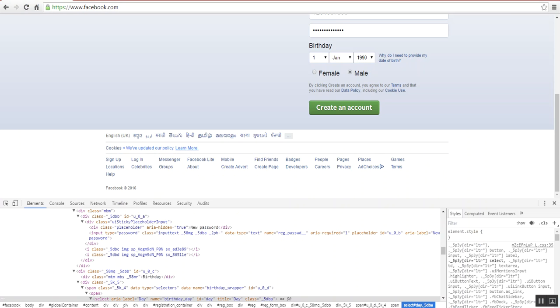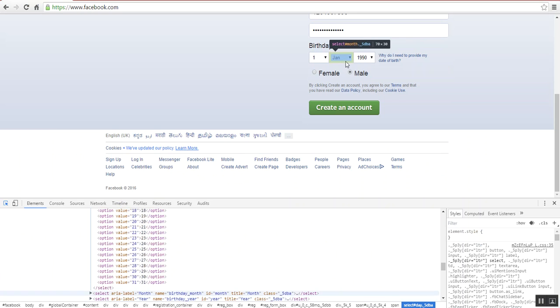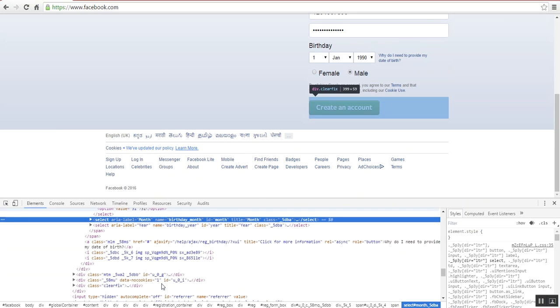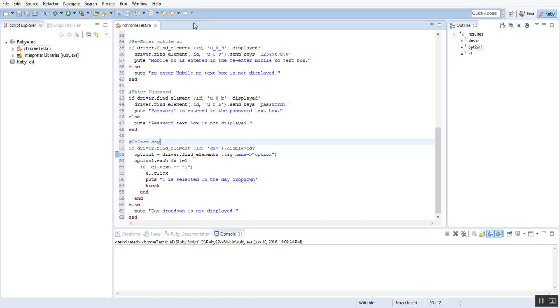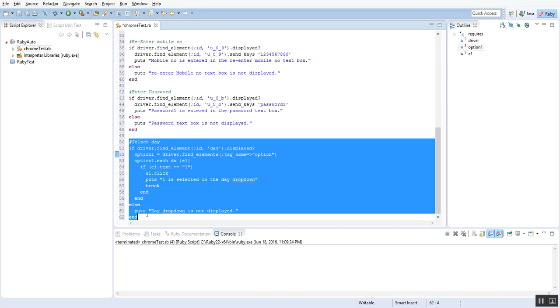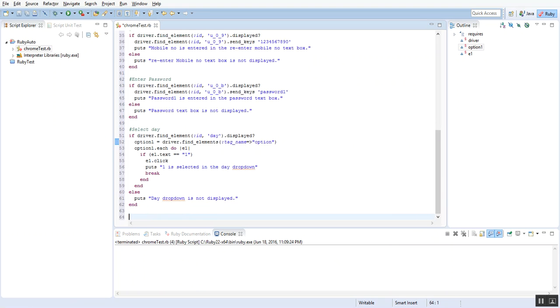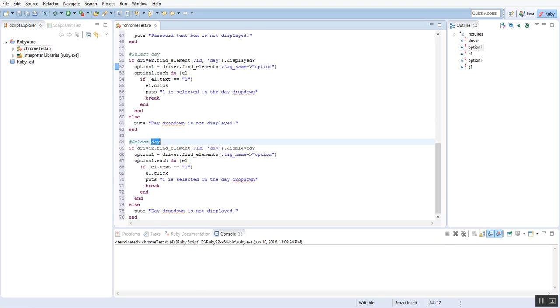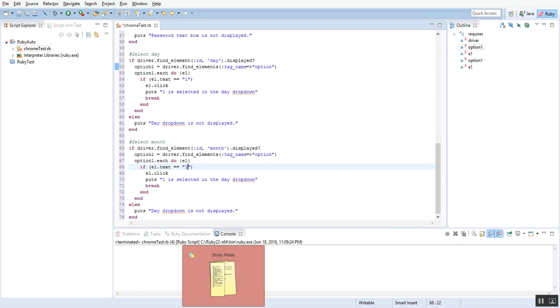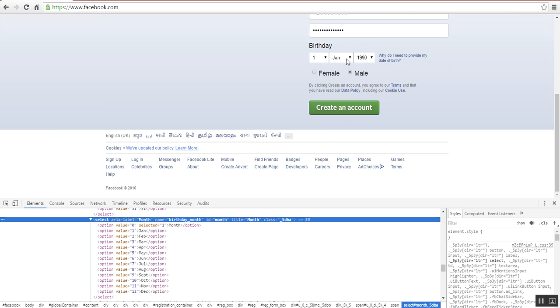So I'll again go back to Chrome. I'll again spy this month drop down, and you can see there is an ID that is month over here. So I'll copy this section as it is usable and paste it here. I'll say select month. The ID was month over there. The option is again month, options tag name, and I want to select, let's say, June this time. So I'll just type